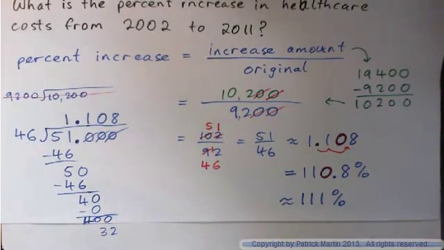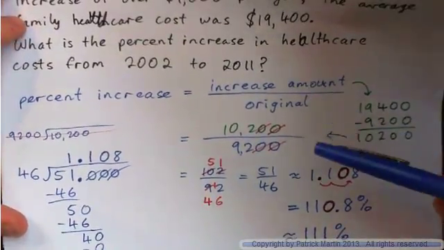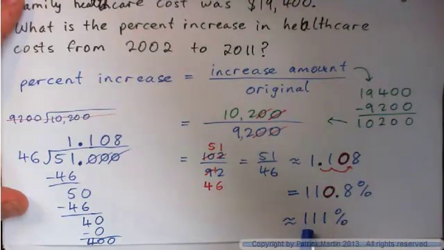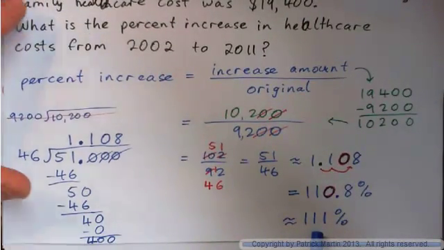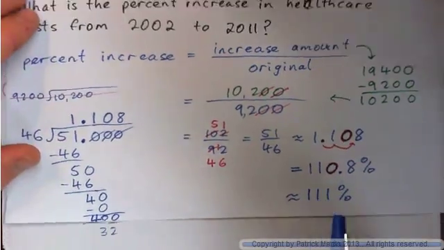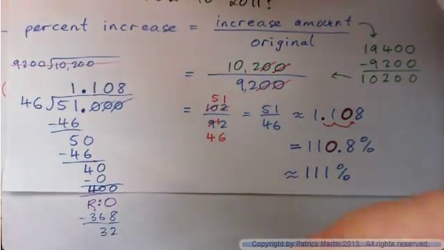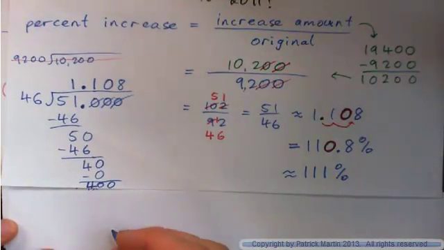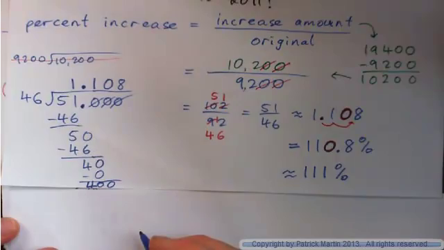So basically, the percent increase in healthcare costs in the 9 years was 111%. So this is a practical application of having a percentage that's more than 100%. Let's put it this way: if the healthcare costs was